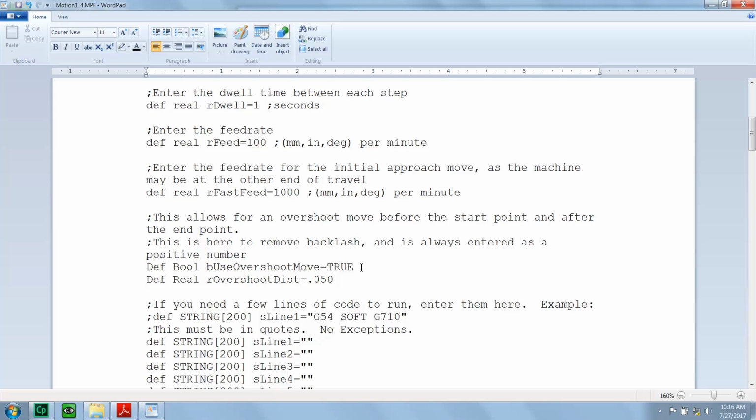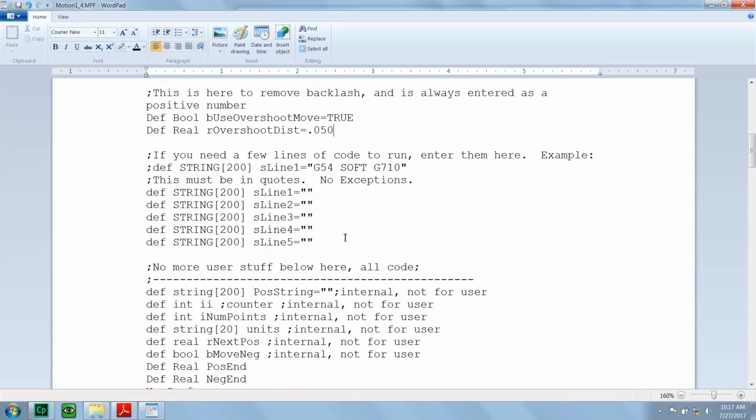This says 50 thou, but this is an allowance in the part program that's built in and ready for you to use. The next section is some custom code. There are certain machines out there where, for example, if the spindle is not moving, the machine will not allow you to execute a G1 move. So in a case like that, we could do something like throw in an M19 or a S10 M5, just to get the spindle moving so that we don't run into limitations where the control is trying